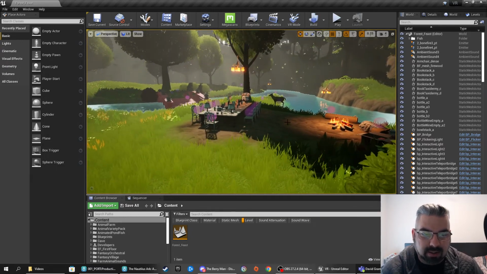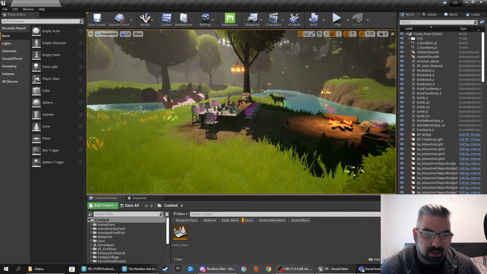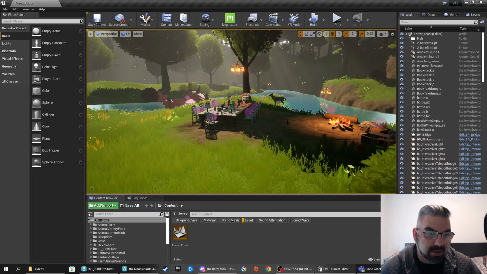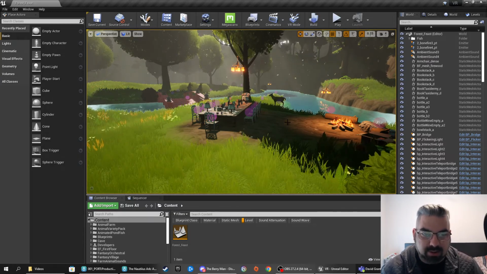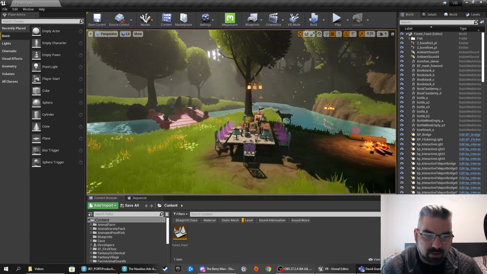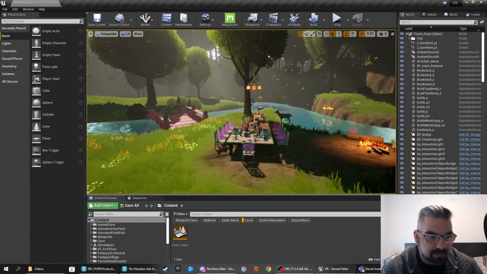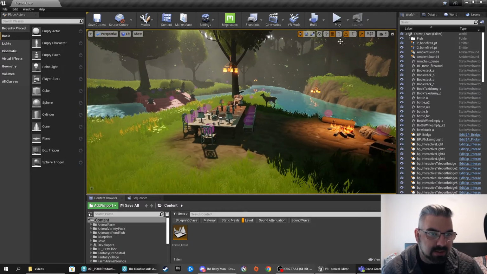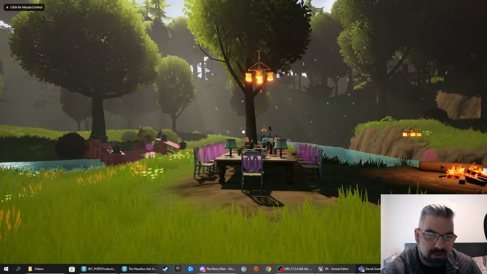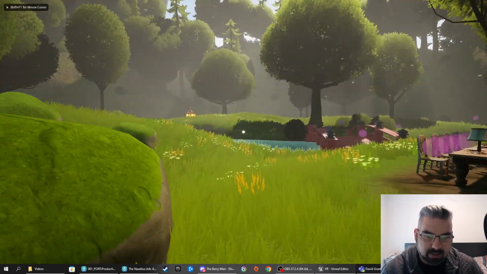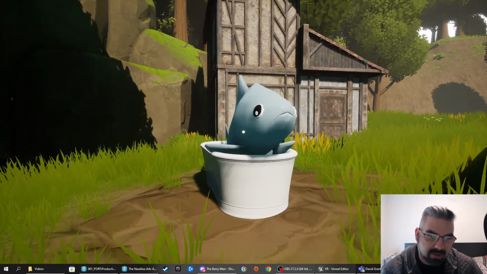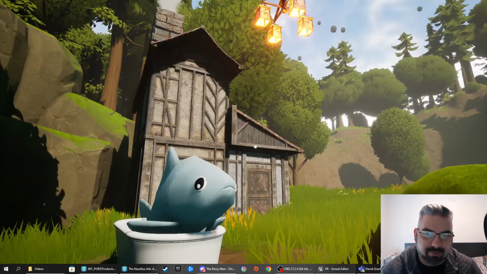There are a few things in here that are inspired heavily by Alice in Wonderland's Mad Hatter and the tea party that he has, and as such there are also some surreal things that occur during the experience. One of the first things that you'll experience, if you are the kind of person who turns around at the beginning, is a fish in a bathtub, which I thought was quite amusing and adds a little bit of insanity